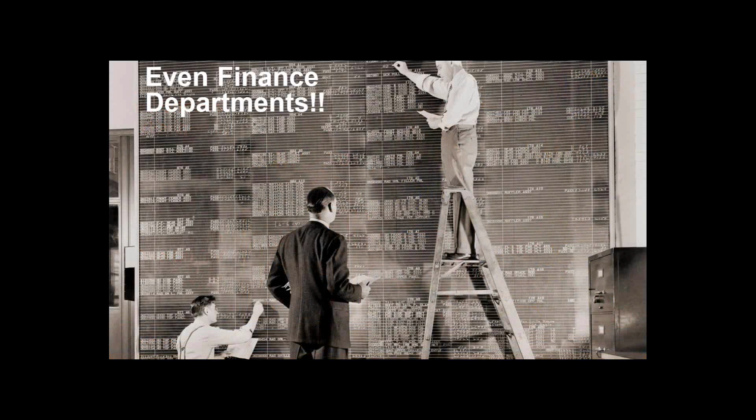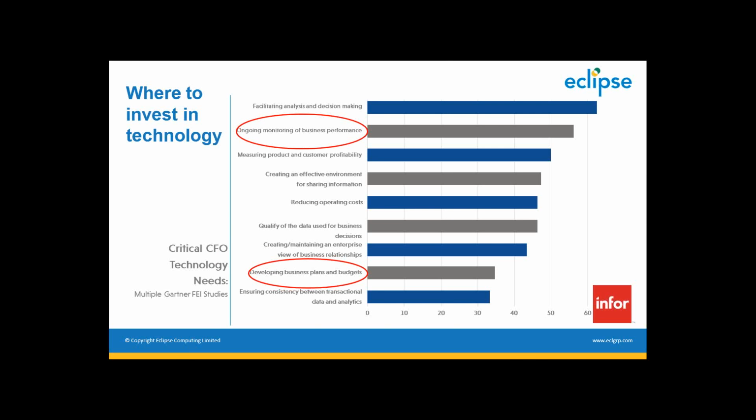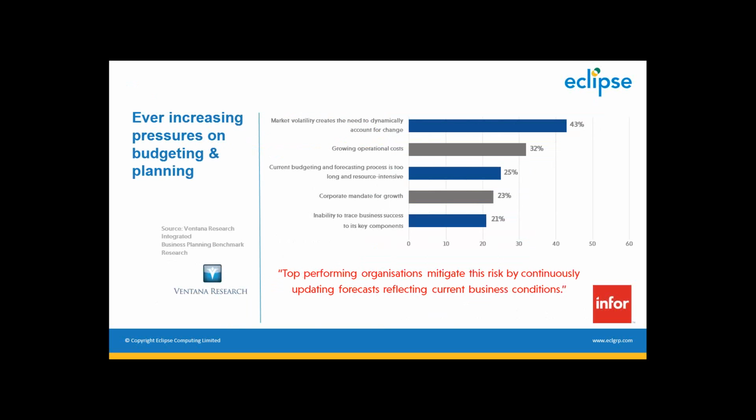And I would say even finance departments have changed over the years. I think this is probably the early version of a spreadsheet. So I'm sure we've all moved on from that. And there's been some evidence of this through surveys that have been undertaken by Gartner and others, where CFOs are being asked where do they think they need to invest in technology, and what always comes up in the top 10 is about ongoing monitoring of business performance, developing business plans and budgeting, and not making it too onerous a task, because as markets get more volatile,